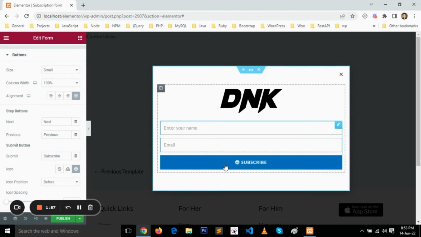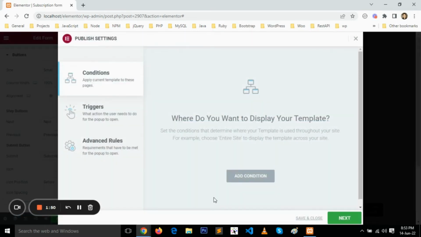Once you are satisfied with this, click on publish, and you have three main options: conditions, triggers, and advanced rules. Most of you don't need these advanced rules. Anyways, I will go through each of them. First of all, set the condition where this pop-up should trigger. So add a condition. Let's say I want to pop this out on